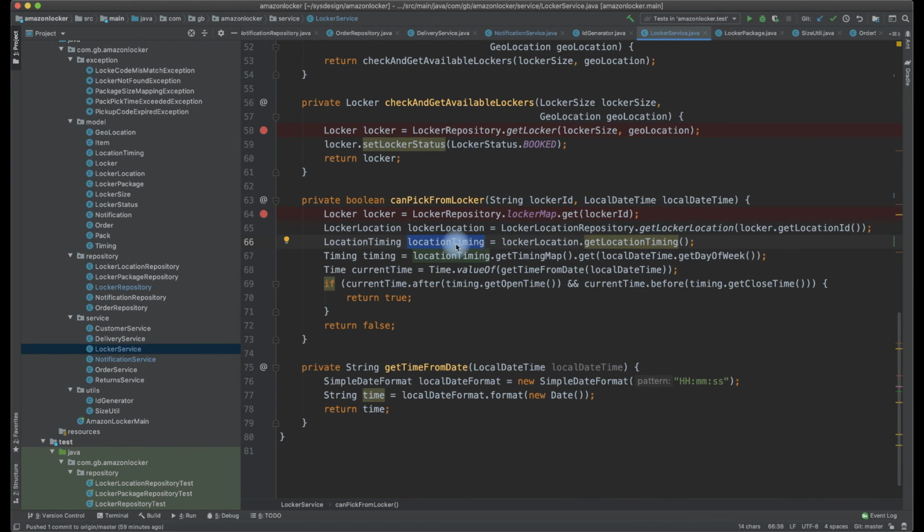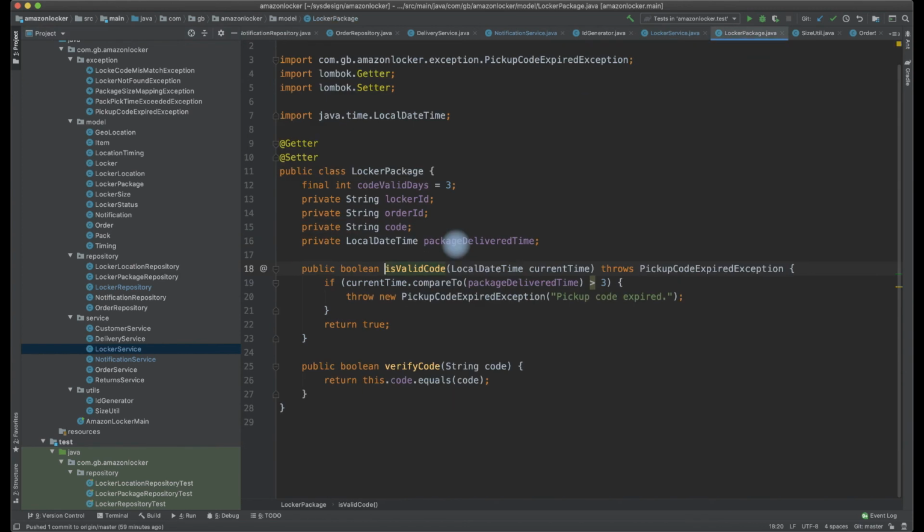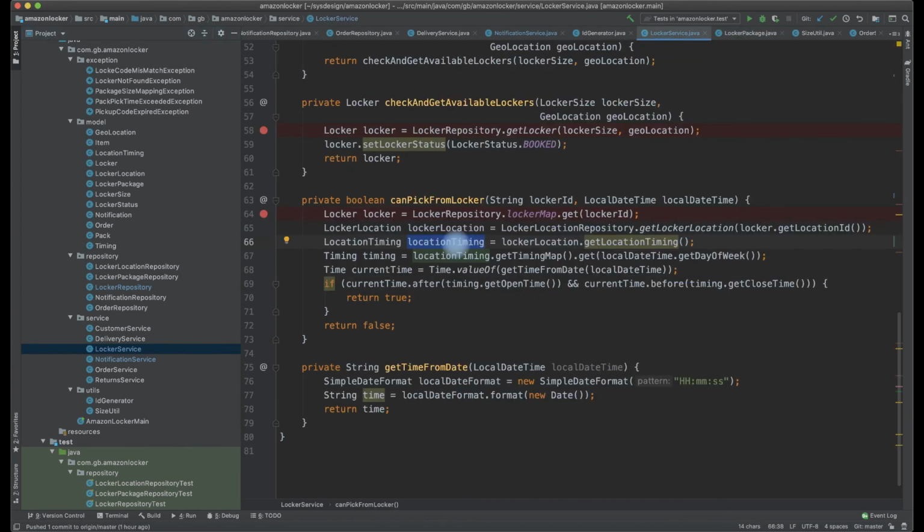For example, if the customer comes and says I want to open it at night, the item might not be allowed to be picked up at this time. If it can be picked up, we will enable it to open, else we will not allow it to open at all, because it means that somebody is trying to open it by some abnormal means, right? So this condition has to be checked, even though we know we are checking whether the code is valid, whether it's greater than 3 days or not. If somebody is trying to open it in the night with a code, we need to alert, right? So that is why we are doing this condition here.